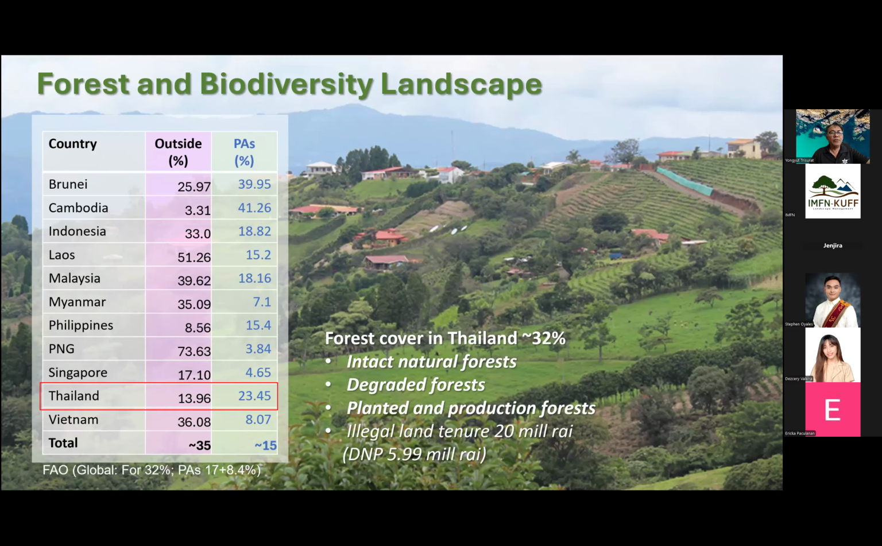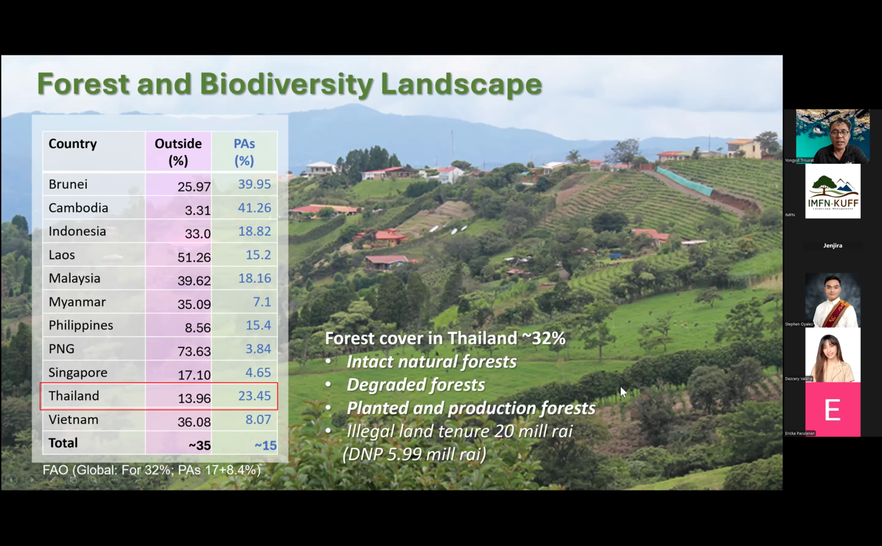So come back to the forest landscape. As you see in this photo, I already mentioned previously, in Southeast Asia we have about 50% of the remaining forest cover, and protected areas contribute about 15%, and the forest outside protected areas about 35%. In Thailand, 73% is classified as protected area, while about 14% is the forest outside, or the fragmented forest and small patches in the